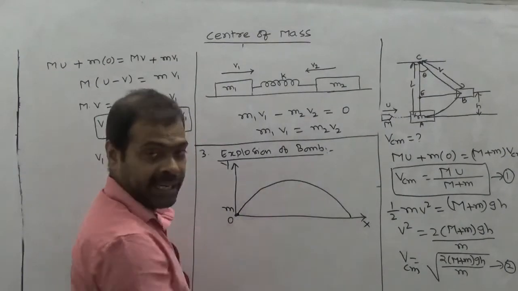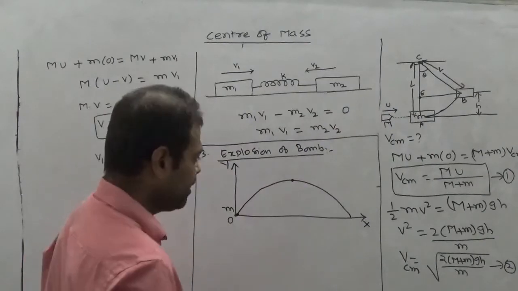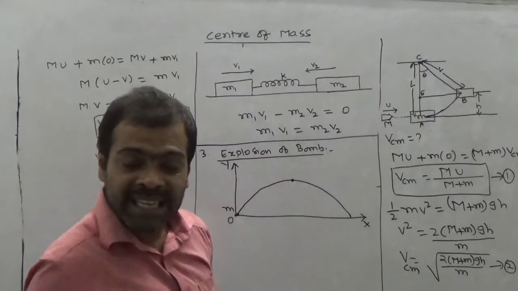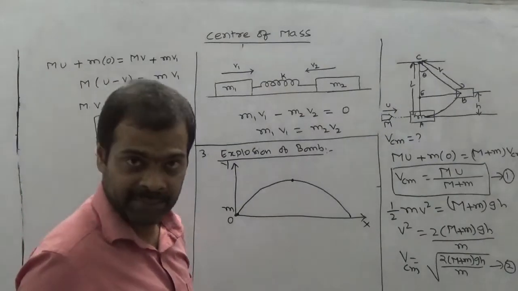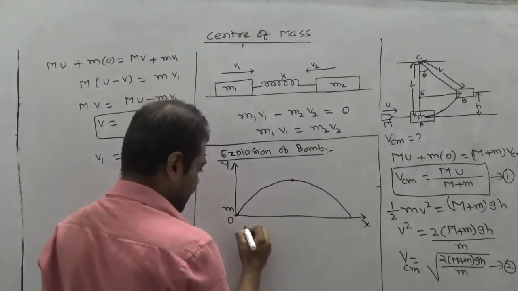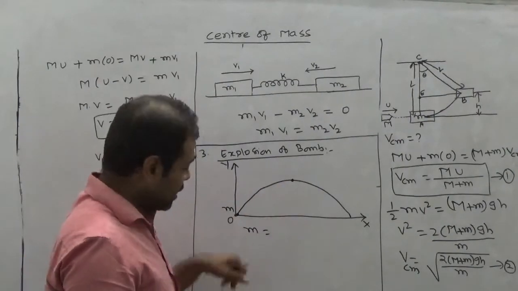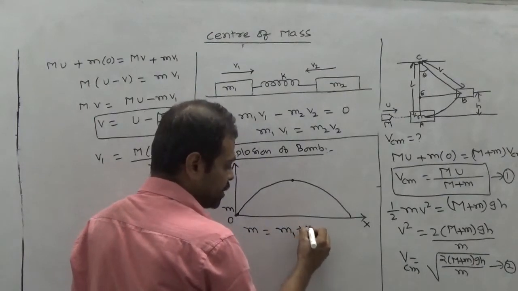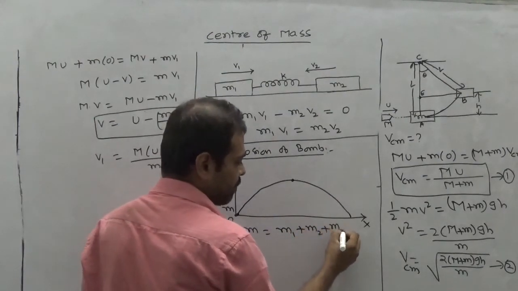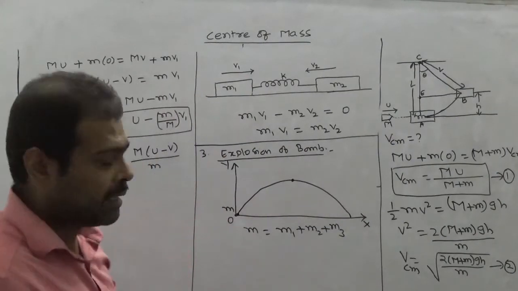Whenever it is projected, at the highest point the bomb is divided into three segments. Before the explosion the mass is m. After the explosion it becomes three fragments, such that the total mass is m1 plus m2